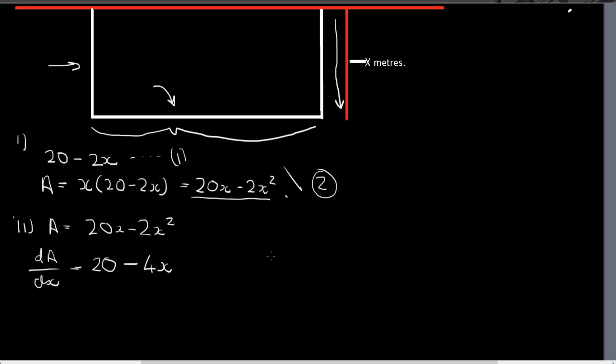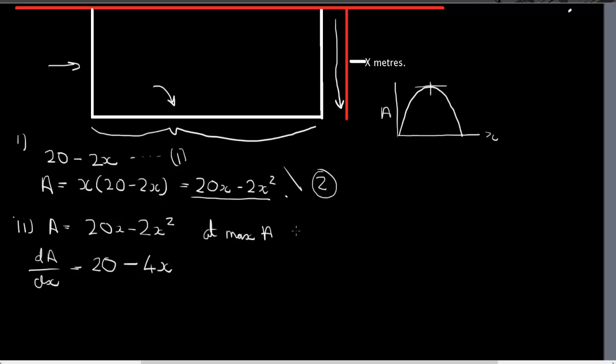Now, when the curve is at a maximum, I'll just go up here and sketch this curve. If we've got x there, and up there we've got the area, when the curve is at a maximum like that, then the gradient is equal to 0. So the gradient there is equal to 0. So we can say at maximum A, which is this point here I've just identified, then dA by dx